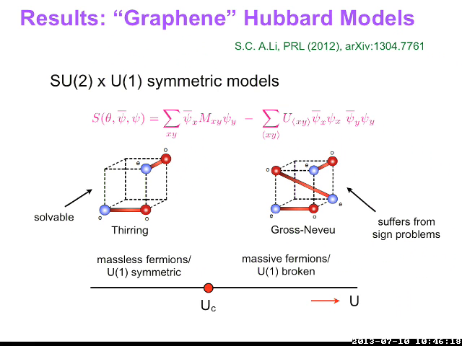When you say ignore the fermion sign problem, it's not clear to me what you mean. Are you doing it wrong? Is that what it means? So here is what it means exactly. The paper doesn't explain this, but this is what typically people do. When they do hybrid Monte Carlo, instead of the determinant of M, they do the determinant of M dagger M, right? And then they take the square root and all that, and in that sense they have ignored the sign.